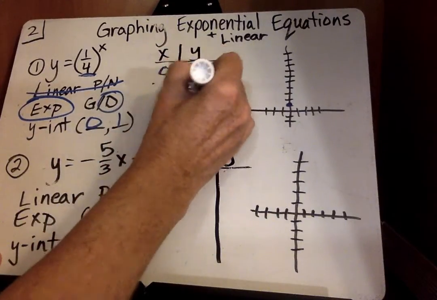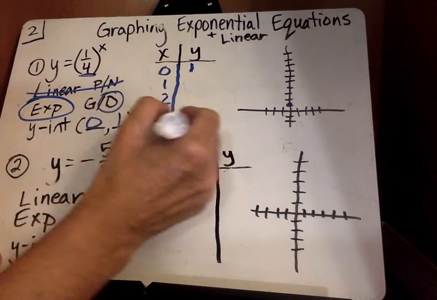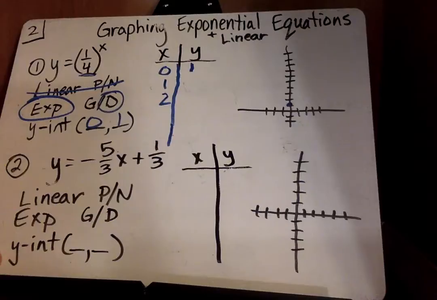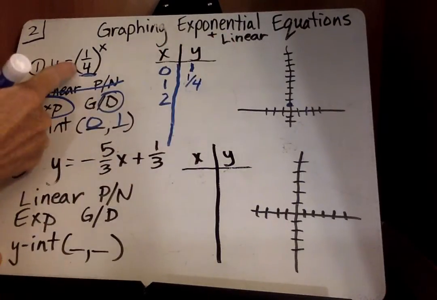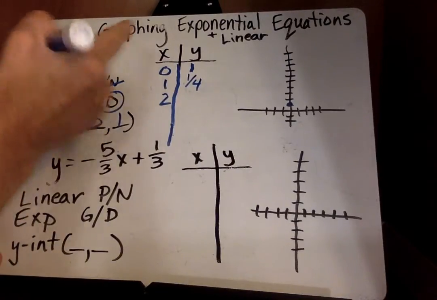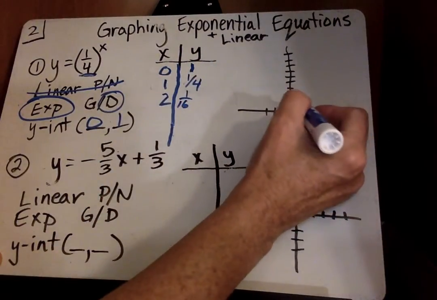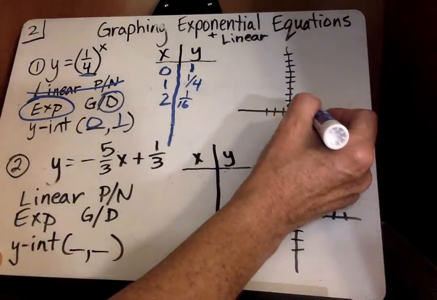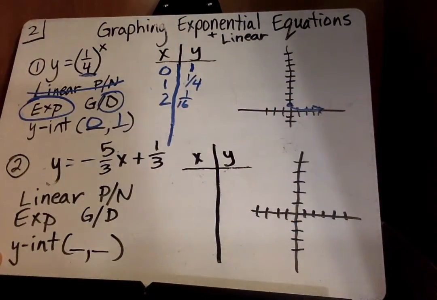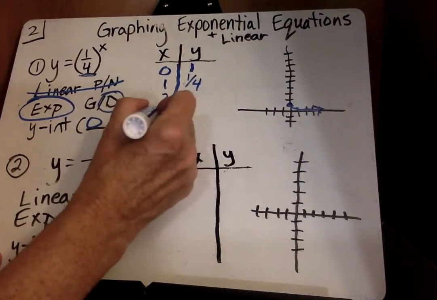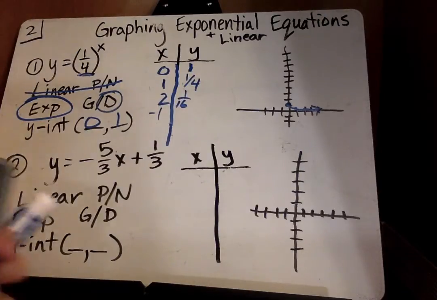Let's put 0, 1, 2, and then we'll do our negative values after that, because they're easier. We can do them without the calculator. 1/4 raised to the first power is 1/4. 1/4 raised to the second power, 1/4 times 1/4, is 1/16. So I can see that this is probably going to go like that, never reaching 0. So I put -1, and if I do 1/4 raised to the -1 power,